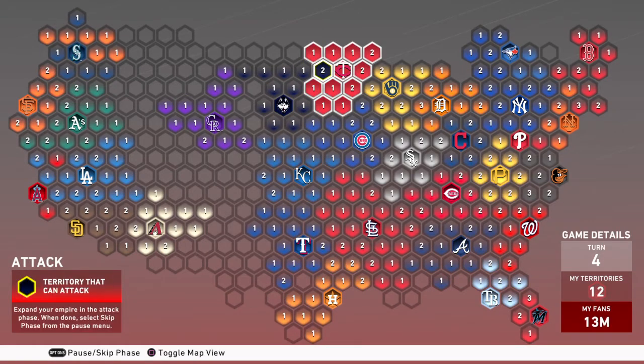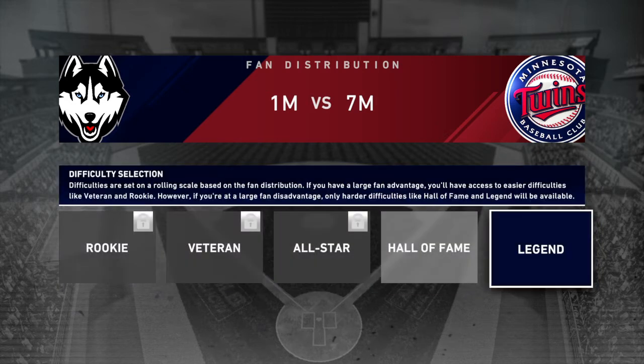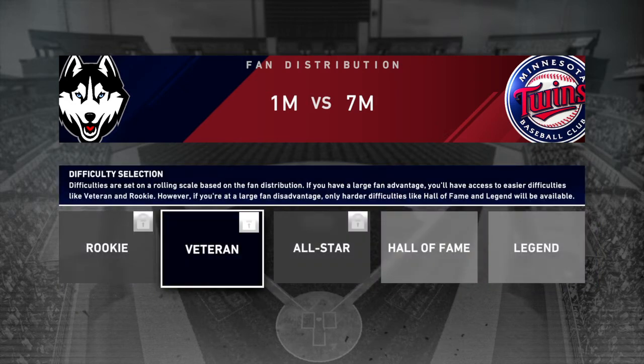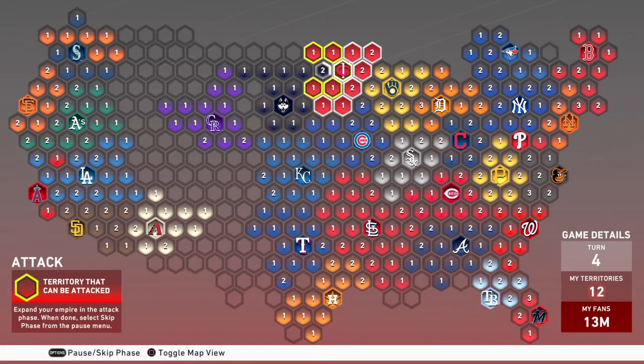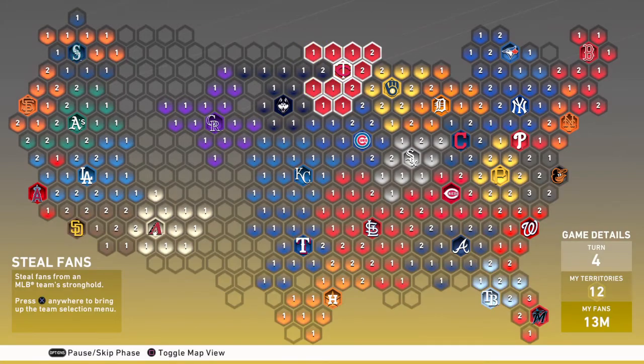So now that I'm here, if you want to take over a team's logo spot, you just click over it, and you guys can see you can't simulate this game because this is a stronghold. You have to play this game, and not every game is going to be on Hall of Fame or Legend difficulty. But depending on how many fans you have, depends on how easy you can make the game. So if I keep building up fans, which is actually what I'm going to do,